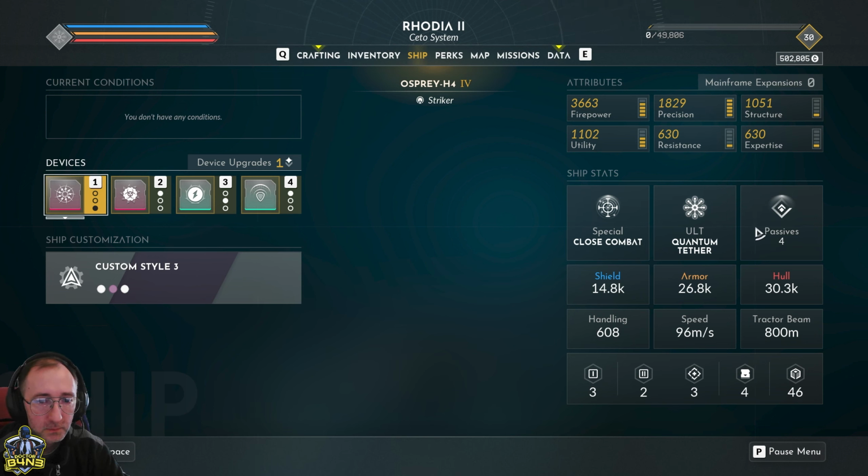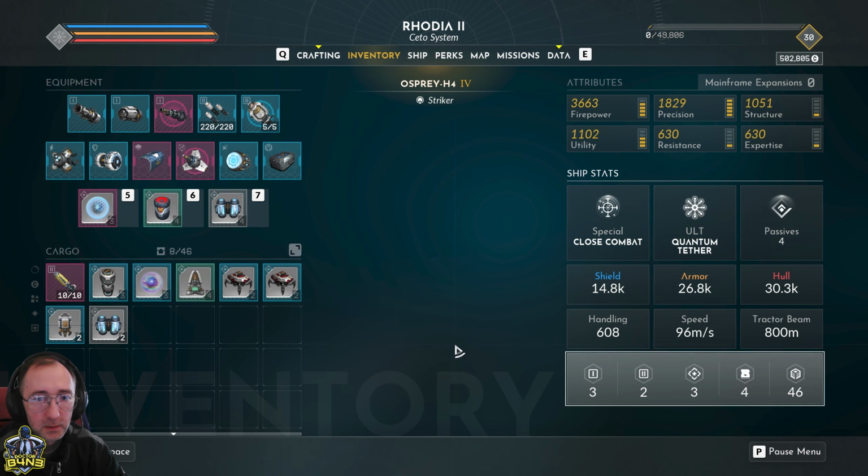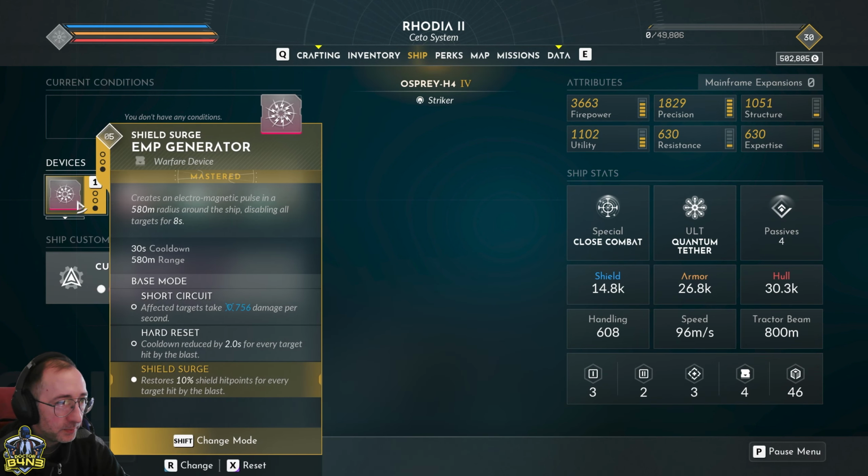So what does that mean? You should have a healthy mix of offensive and defensive devices and consumables. So for example, my favorite devices, usually the EMP generator,